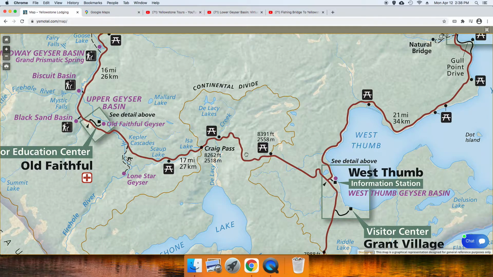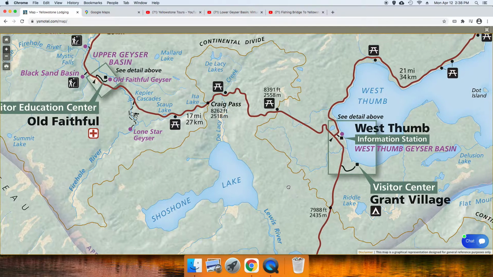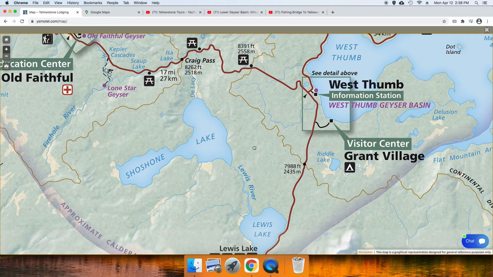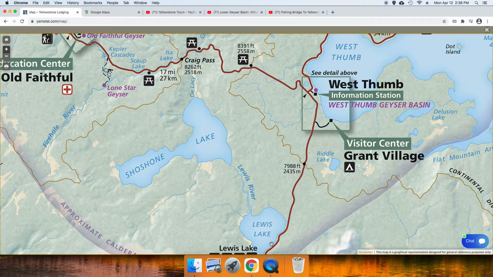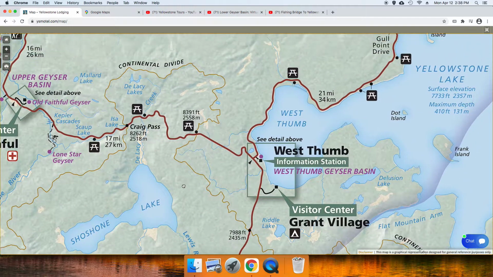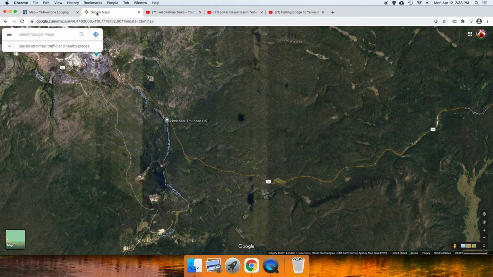We'll pass an overlook to Shoshone Lake, the second biggest lake in Yellowstone, and what is believed to be the largest lake in the lower 48 states that you cannot access by road. You have to hike in, or if you want to get to the far end of Shoshone Lake, you can put in a kayak in Lewis Lake, take the Lewis River up, and then come to Shoshone Lake, but that's another story. We'll cross over the Continental Divide, drop down the other side,